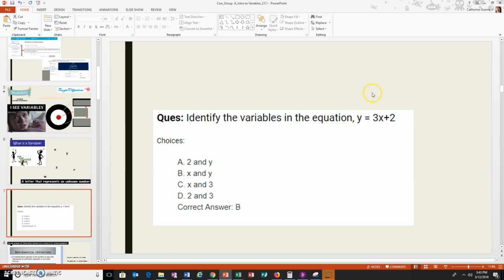So, for here, what I want you to do is on your paper, I want you to record which one of these would be the correct choice to show that identifies the variables that are in this equation. We have y equals 3x plus 2. There's your equation. Which one of these would fit the answer for this equation? And of course, I already have b down here, so you get a freebie, no pun intended. And so the correct answer is x and y, because x and y are the letters that are in this expression.